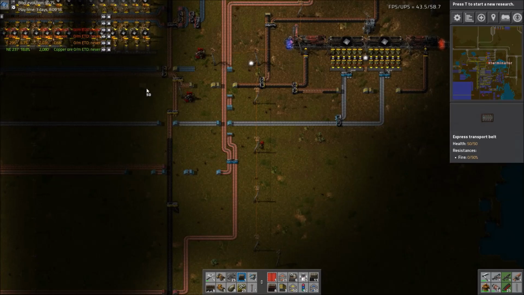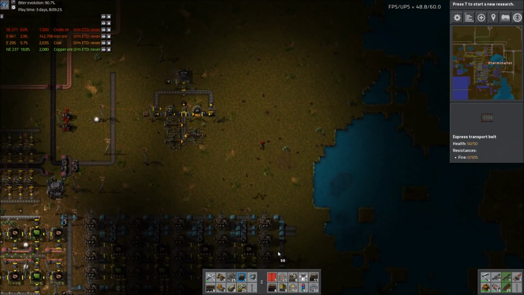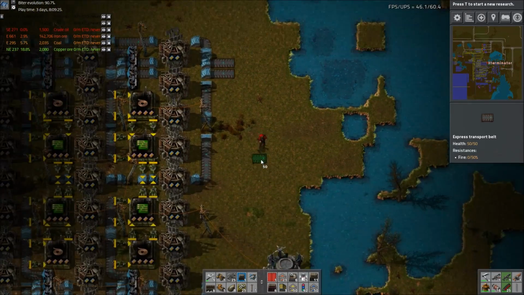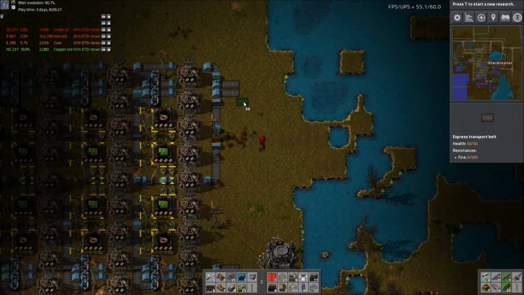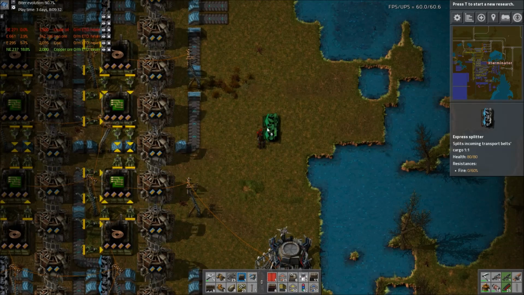We need some more blue belt probably, but essentially what we're going to do is split the input here, right? So iron on the outside, I believe. But yeah, so